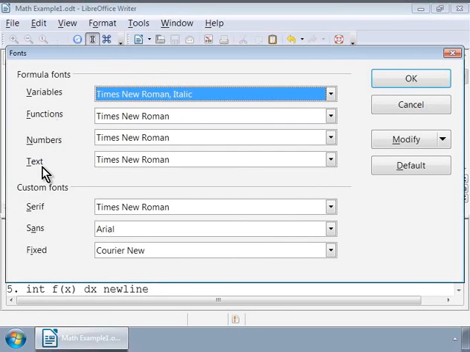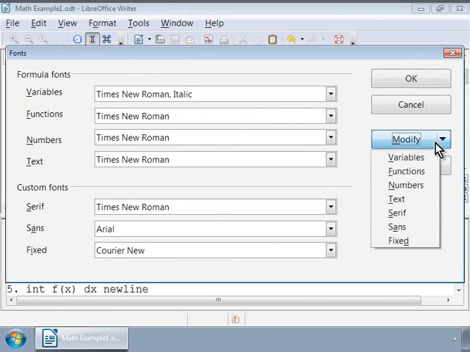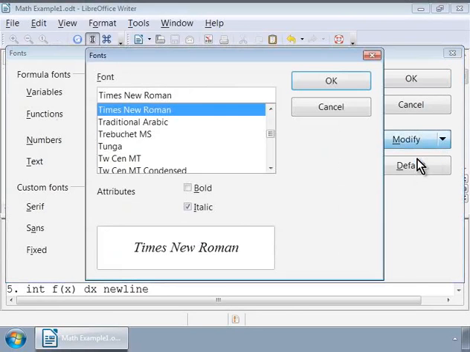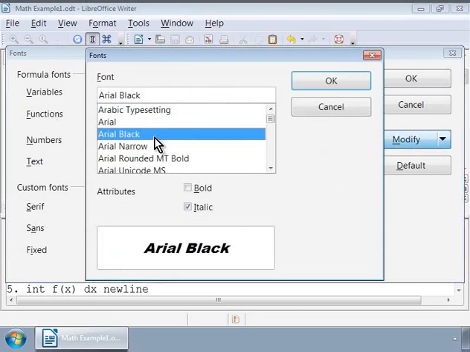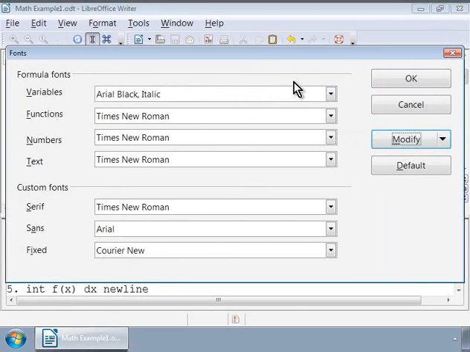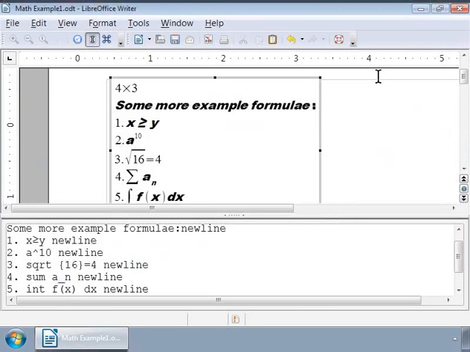To modify the font style, click on the Modify button and choose the category Variables. Let us choose Arial Black in the list box and click on the OK button. And let us save the font by clicking on the OK button here. Now notice the font changes in the Writer gray box.